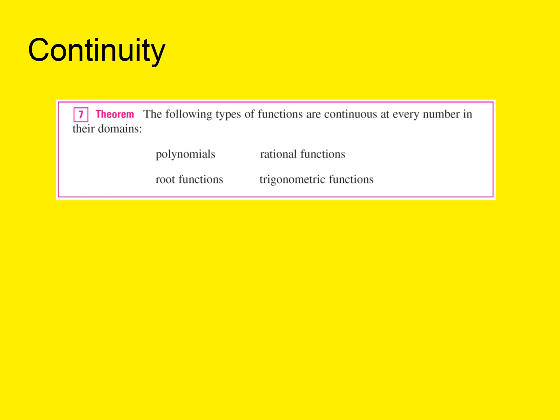Okay, so here's a theorem which is powerful. It's kind of the next conclusion that we would naturally draw from the preceding discussion. The following types of functions are continuous at every number in their domains, right? We're not saying necessarily continuous on negative infinity to infinity, the set of all real numbers. Now, in the case of polynomials, that is true. But about all of these 4 kinds of functions, we can say that they are continuous at every number in their domains. Rational functions,